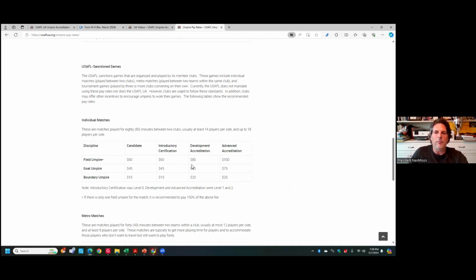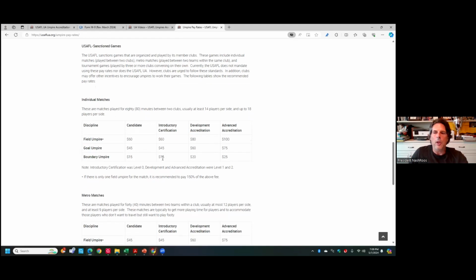And so we have had many, many questions over the years about what umpires should get paid. People also ask us, what should I pay the umpires that come to my tournament? So we've been putting this together to help those clubs figure out what they should be doing to pay umpires. From an individual match, a one-on-one, like Nashville versus Chicago, which was just last